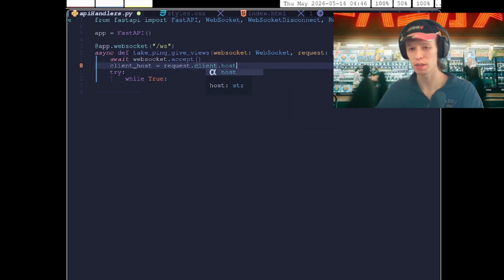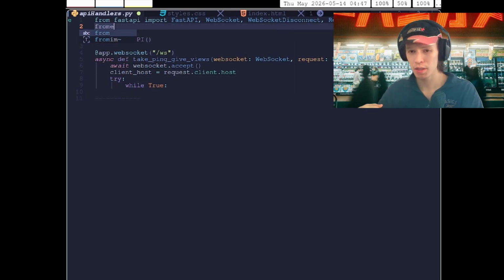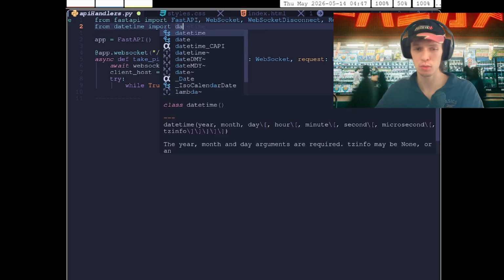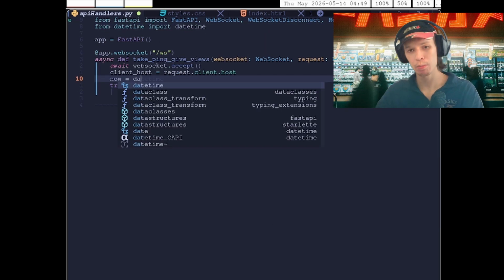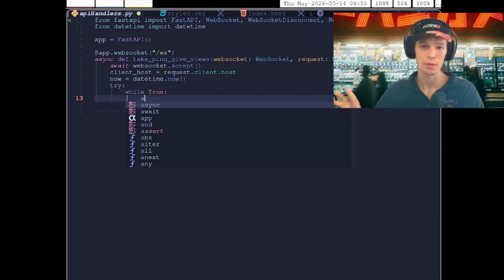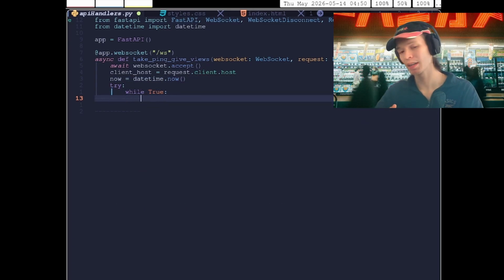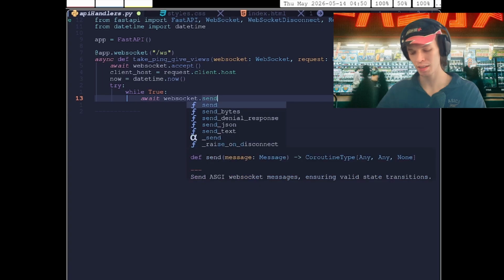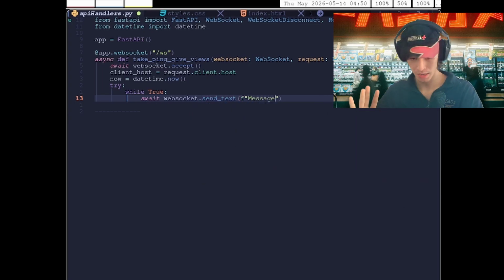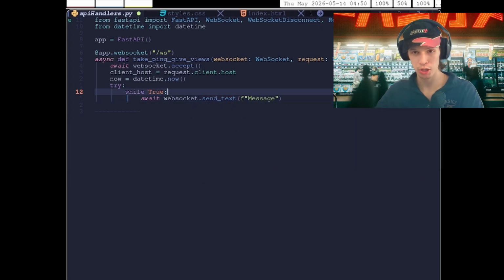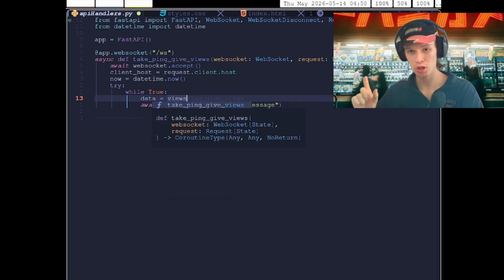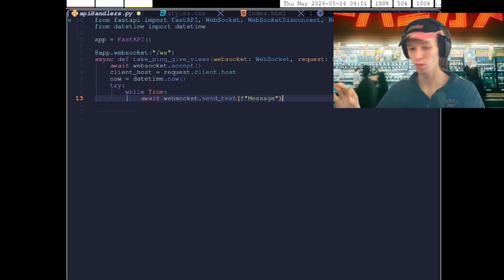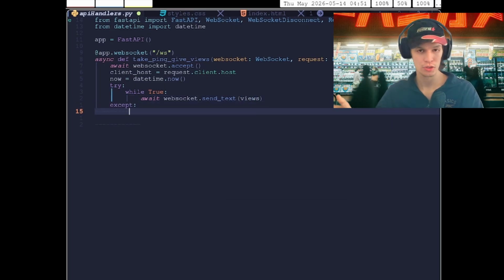And I need to say that the WebSocket is a thing where the server and client exchange values and talk to each other every time, in real time, you know. And we need access to our function because we want to see how the views go up every time in